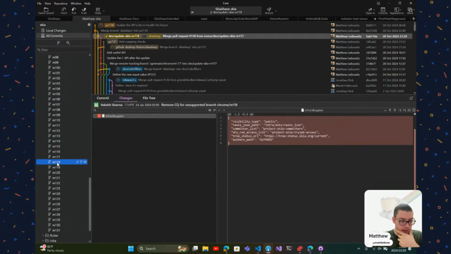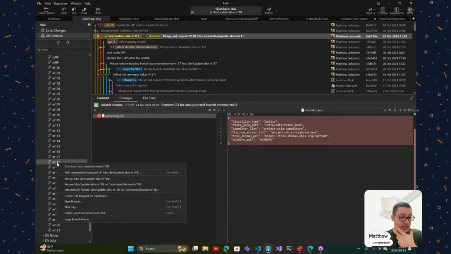It's mostly painless. There's usually like 10 files that conflict. 8 of them have nothing to do with you, just that Google has on each branch done something back with the infrastructure. We'll see in a second. So I just use whatever the latest branch is. For example, I'm going to merge this, a whole bunch of conflicts. I'm just going to say, hey, use the 118 code. And then of course the files that I care about,